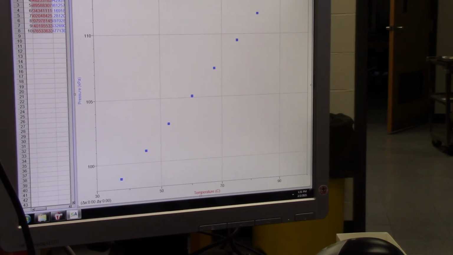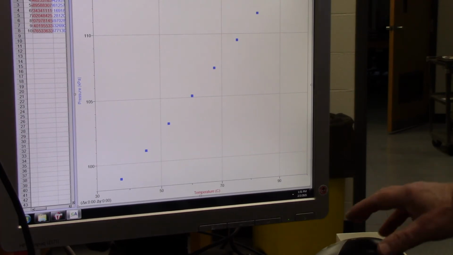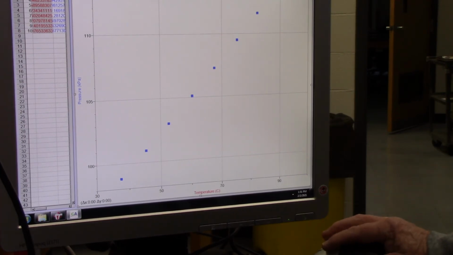So I got rid of those 2 points, and now I have the data from about 35 degrees up through 90 degrees versus the pressure, and you can see it's a really nice straight line. And so what I want to do now is actually come up with the best fit line for that. Okay, and the way I'm going to do that is